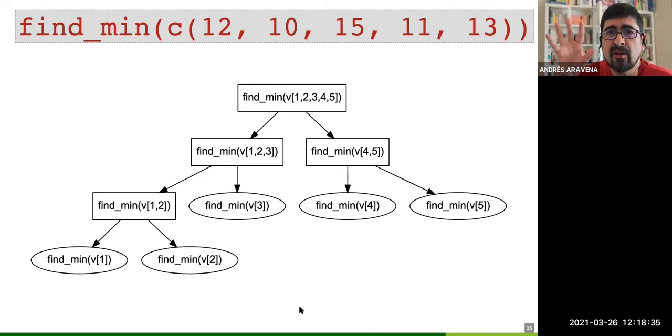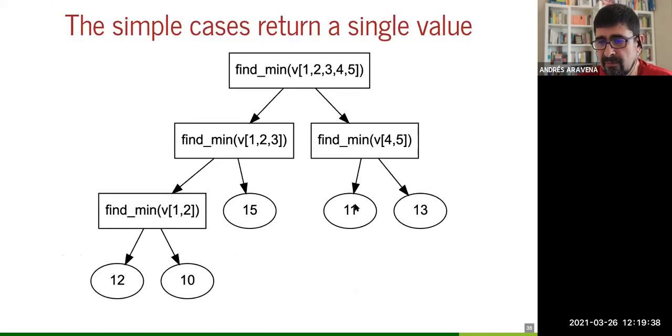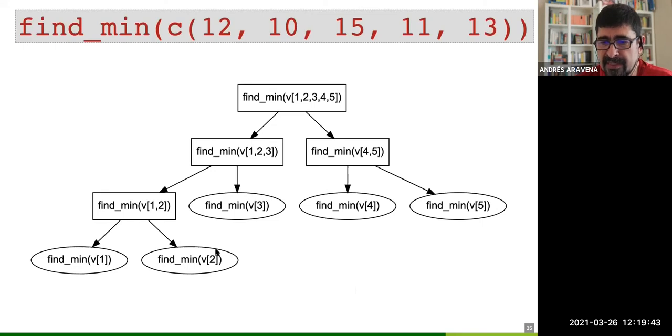So you see how the decomposition happens here. You have a long list and you split in half, and you keep splitting in half until you get something that you cannot split. Anyway, so we split the big problem into smaller ones until, instead of one big problem, we have many small problems. So now the small problems we can solve. We know how to solve them. How do we solve them? Well, we know the value. This is 12, this is 10, 15. This is the first, the second, the third, the fourth, the fifth element. So this is going to be 12, 10, 15.